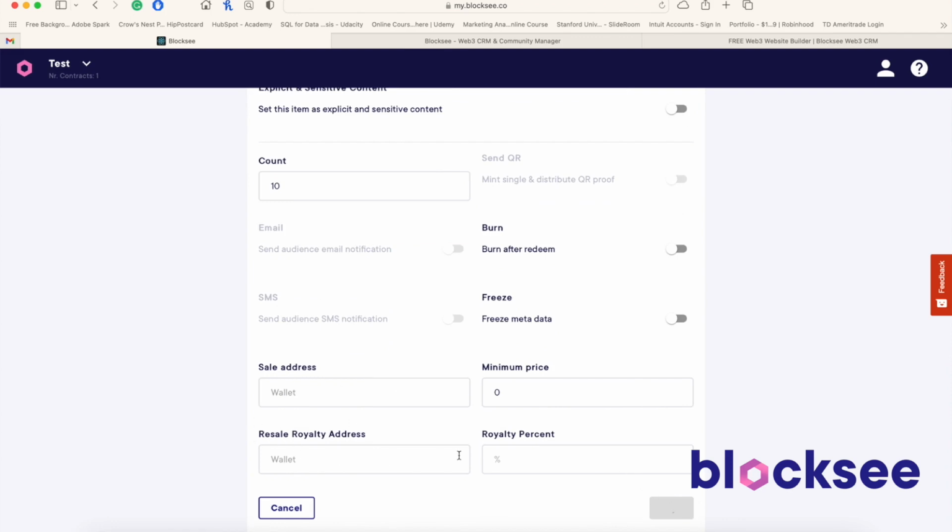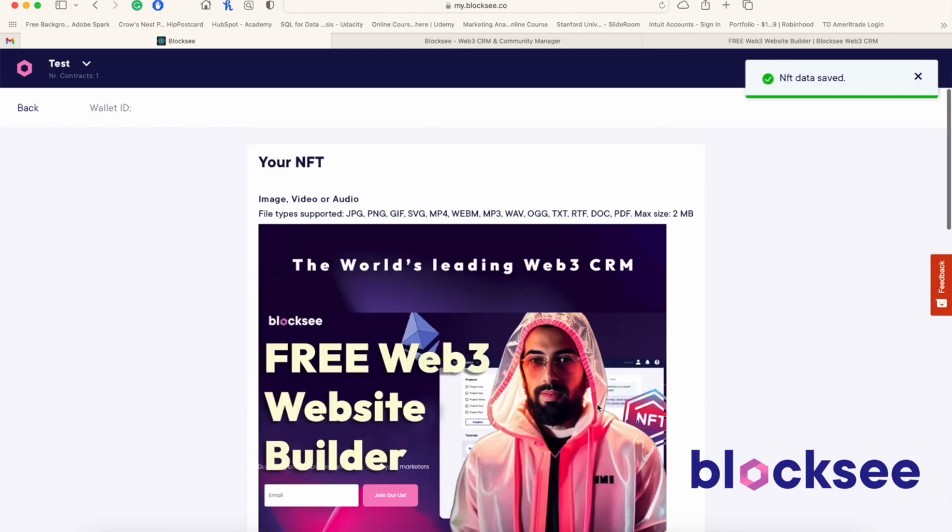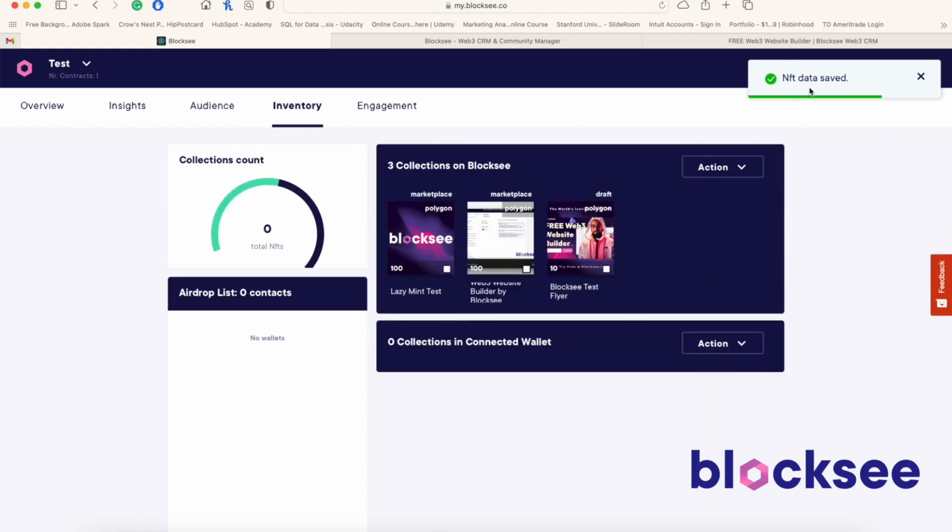You could add royalties and things like that if you'd like. But this is really all we need to just save that metadata and get this NFT displaying on our inventory page. And so now you see that that's in our panel here, and it's listed as a draft, which just means that you haven't set this for an airdrop or anything like that. It's just sitting basically in your inventory page, almost like a marketing campaign that's waiting for you to activate in